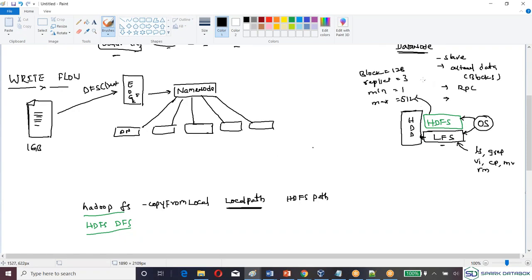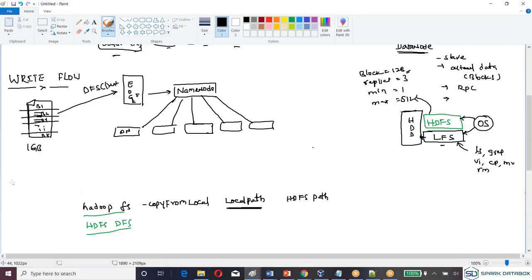As per this configuration, the data will be chunked into pieces. Whatever data you want to load into Hadoop, or any file system, it has to be chunked into pieces. Then only will it store into the disk. These chunks will have a unique identification number, which we call a block number. Every chunk will have a unique identification number. So